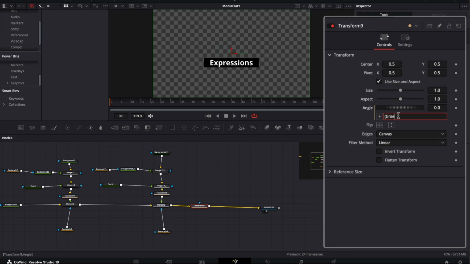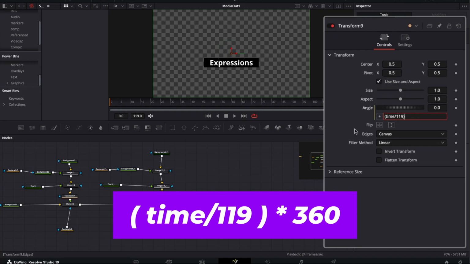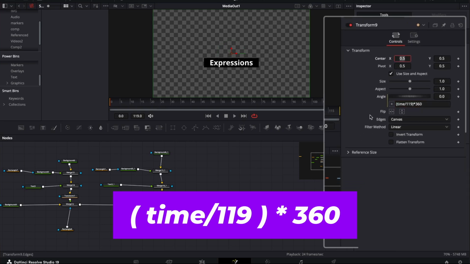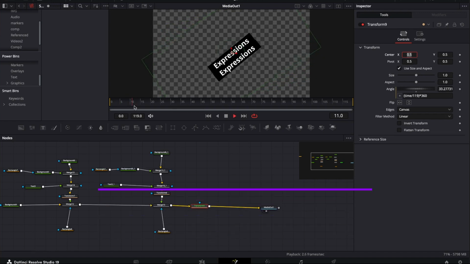Okay, so first we are going to use the last frame. Since we know the last frame is 119, we are going to do time divided by 119. I'm going to close the bracket and we're going to multiply that by 360. Boom. All right, so now if we play it, okay, the computer is kind of slow. If you play it, as you can see, it goes straight around when we play it